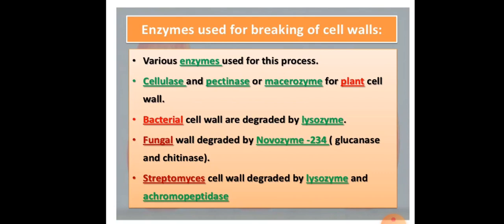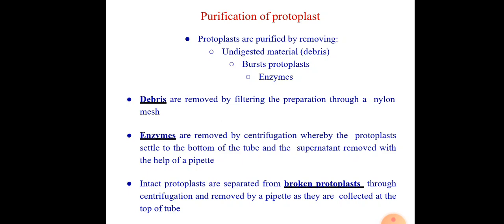achromopeptidase. And now we have isolated the protoplast. We have to purify it, to check how pure the protoplast we have derived is. For this, the protoplast has to be purified by the removal of undigested material, that is debris and burst,